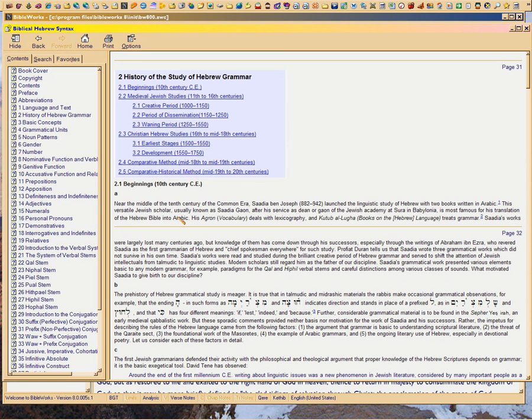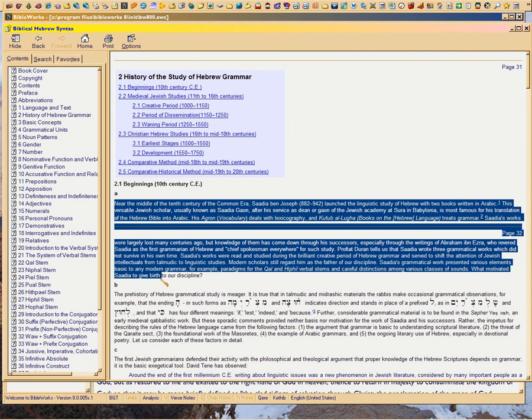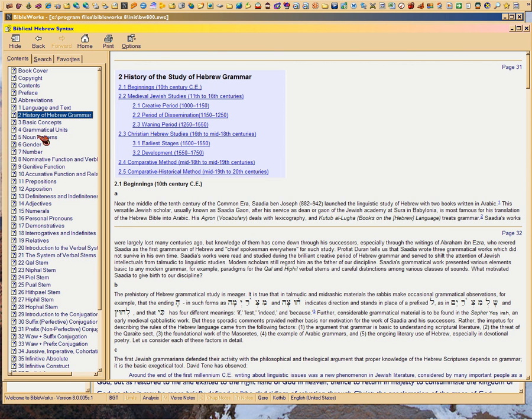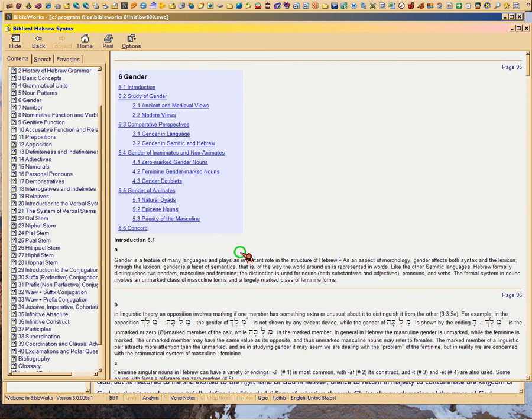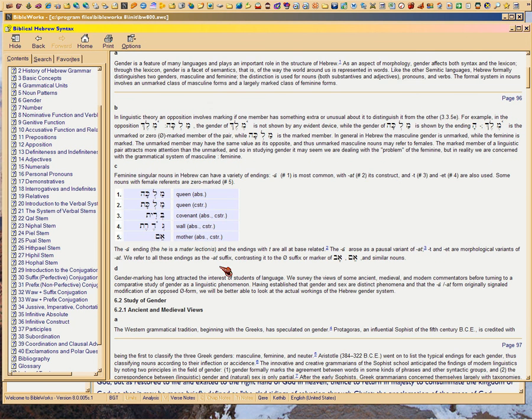I like to look at their own philosophy about the study itself. Again, because I'm trying to evaluate whether I want to spend time reading their book. And then I also look at how they structure their teaching. Like this is talking about gender. And it looks like this guy is shooting for making things succinct and simple. So I'm going to want to read him.